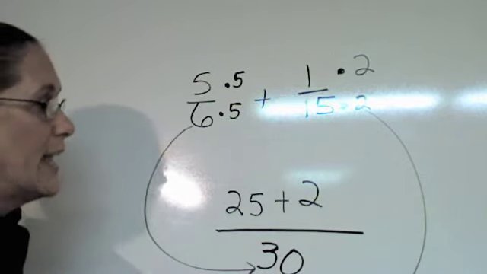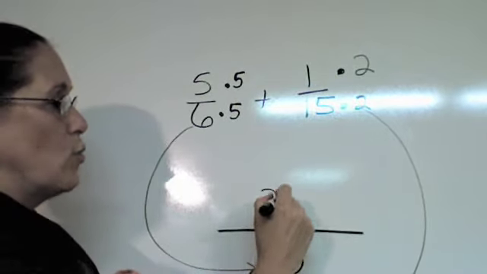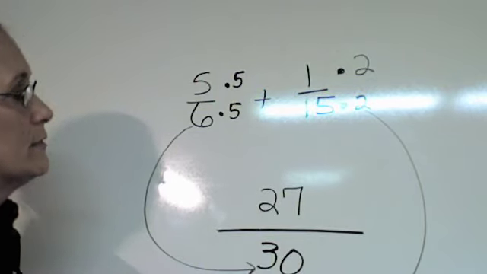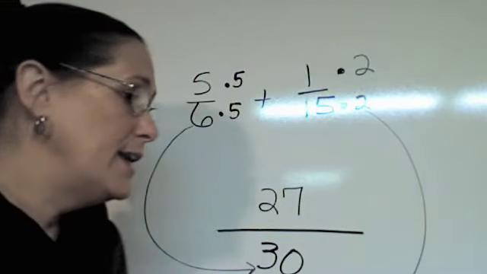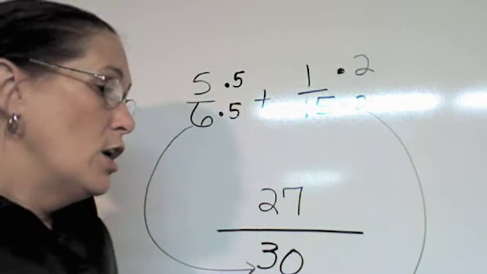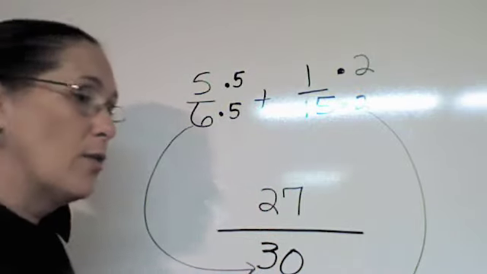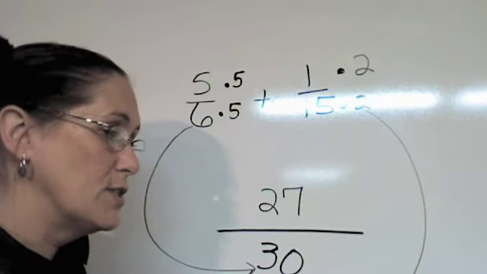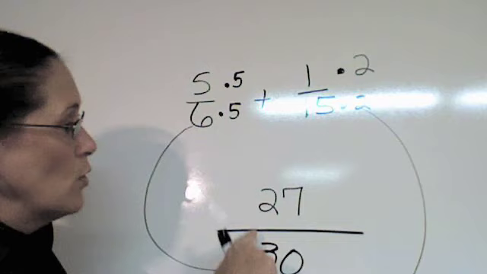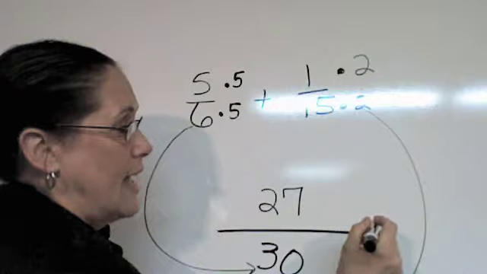So my final answer, and I'm just out of room, so I'm going to add these together here, is 27/30. Now, that may not be in lowest terms. You may be able to reduce both of those and write them in their lowest terms, which in this case,